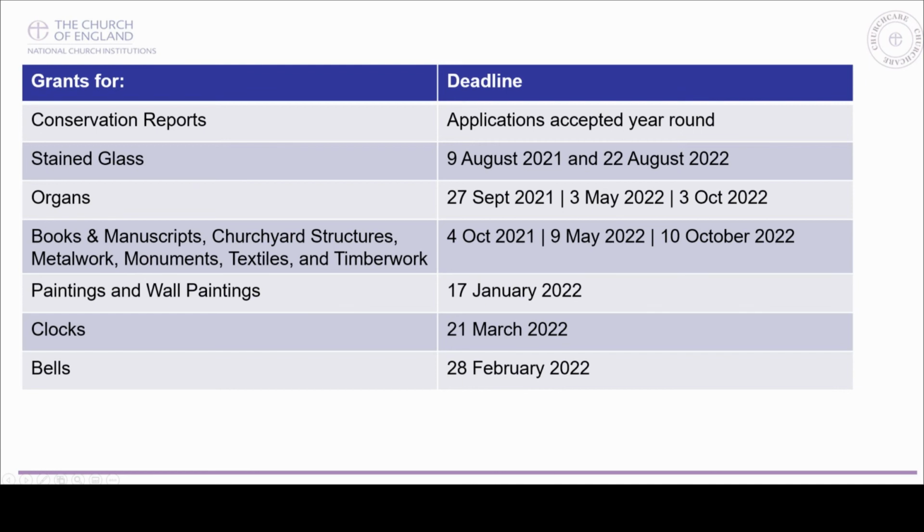Applying for a conservation report is straightforward and decisions are usually notified within a month of application. We require statements of significance and needs, images of the object, and an estimate for the cost of the report. A good quality conservation report, prepared in accordance with our guidelines, will improve a parish's chances of receiving grant aid